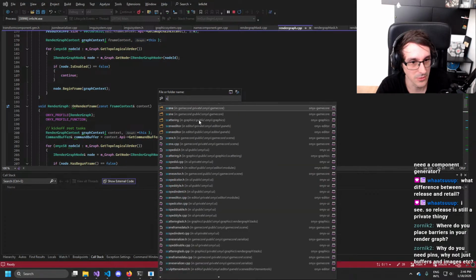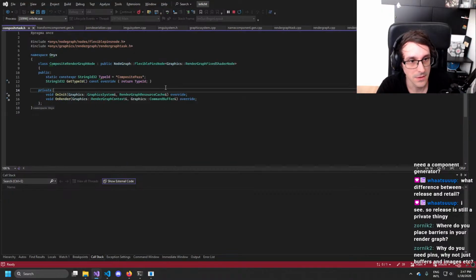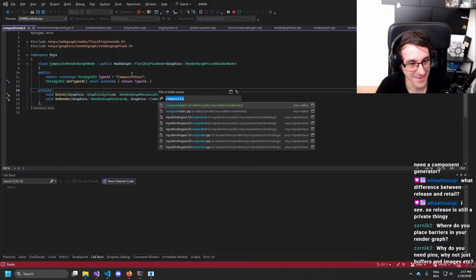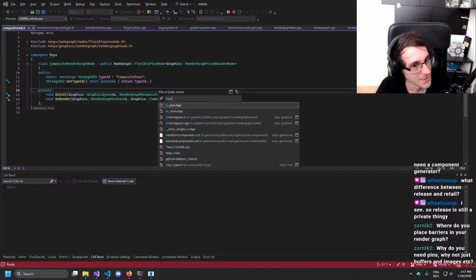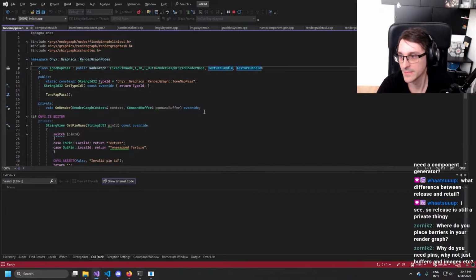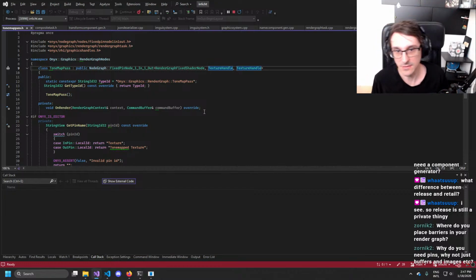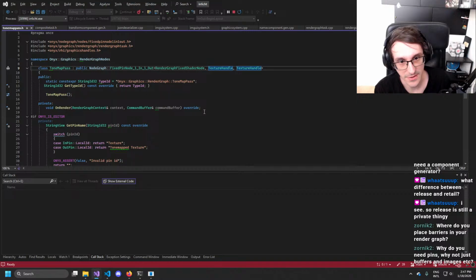For example, the composite node, right? Did I choose exactly the one that's the worst? Probably. God damn it. Bone map? Yeah. So we have texture handle, right? As input output. It's just that everything is basically an acyclic graph, and those are done with pins.